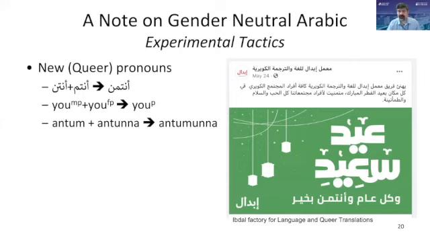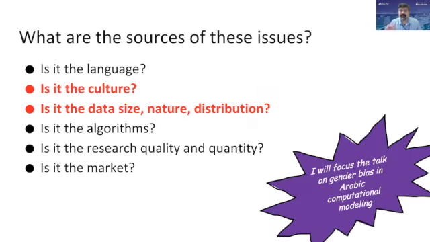And also to the extreme of it, not just to say extreme, to this natural evolution of it, work that's currently being explored in places like EXAL, for example, to come up with completely new pronouns, like instead of antum and antunna, it's antumunna. And you get like Eid Saeed wa kul aam wa antumunna bi khair. It's like the French problem recently of having a new pronoun that people are calling for the destruction of the French language. I would imagine Majma' al-Lugha al-Arabiyya would be pulling their hair when they look at stuff like this, and there are more examples of this kind that are currently being explored.